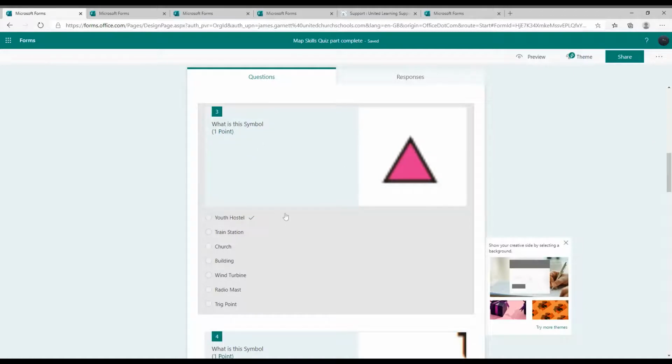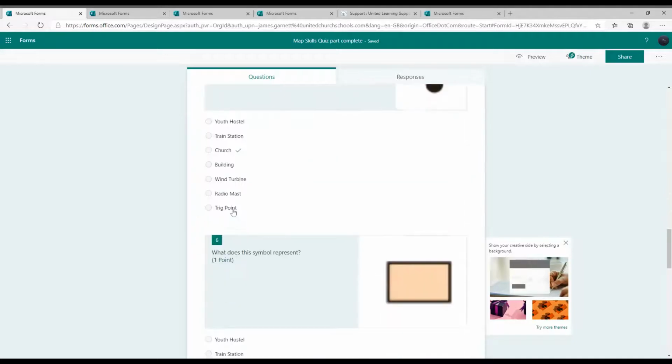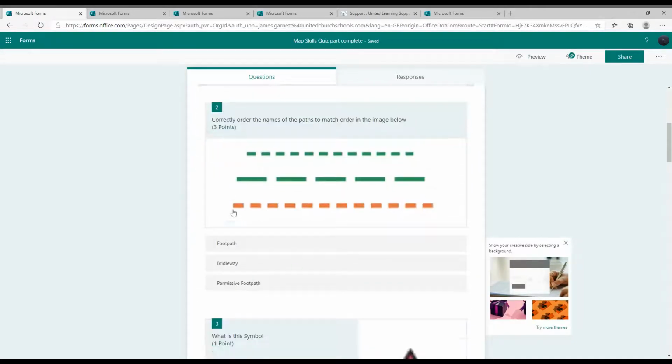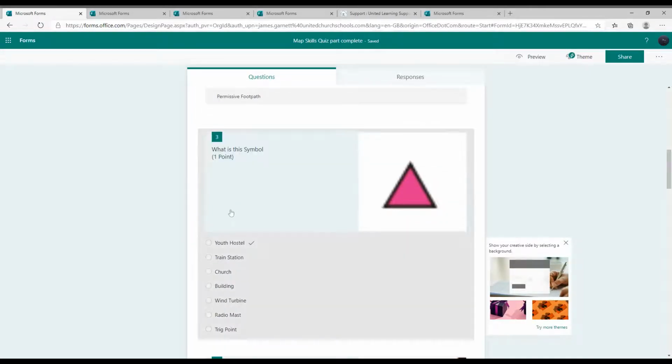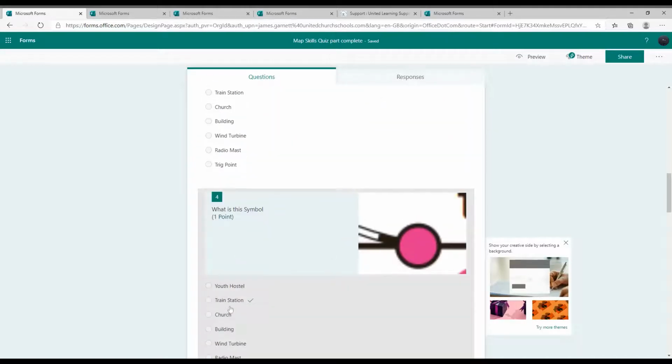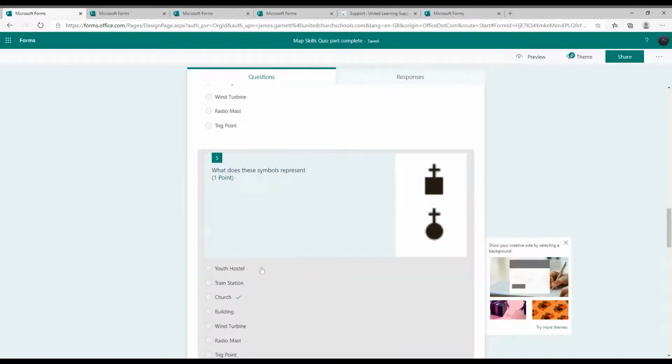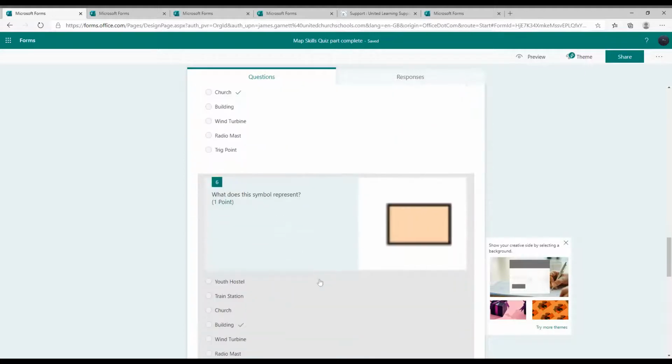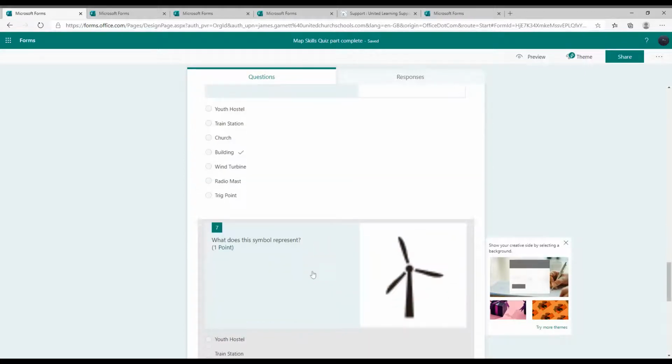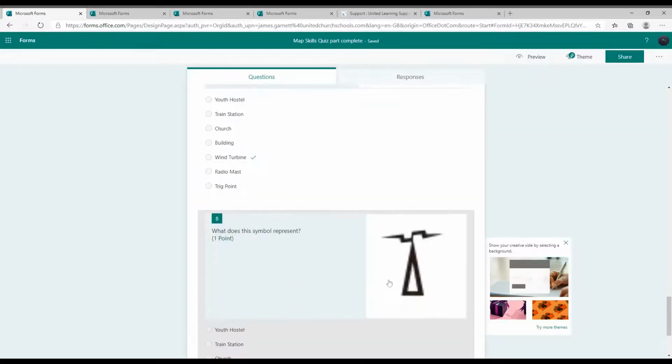So I've done a series here of the same. If you look, they're all very similar. I've got a whole series of symbols. I just want to know whether people know what they are. These are in order at the moment. So youth hostel. Next one is a train station. Next one are churches. Next one is a building, a turbine, a